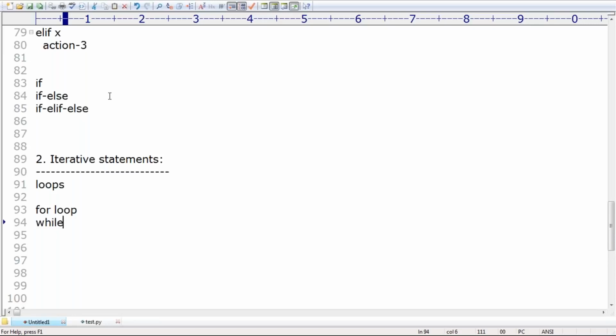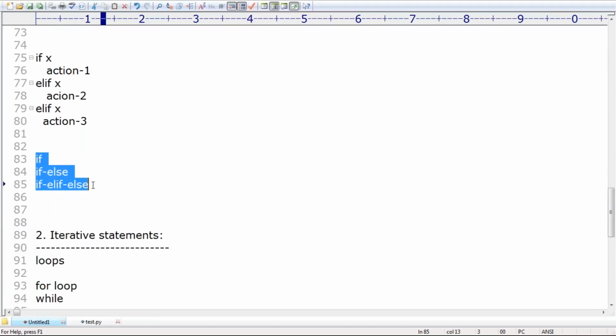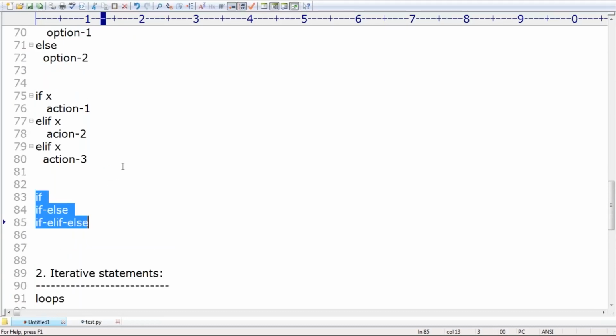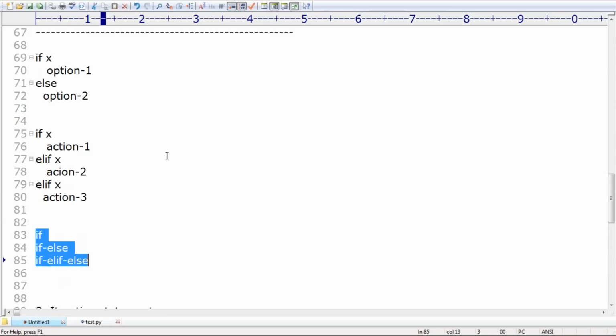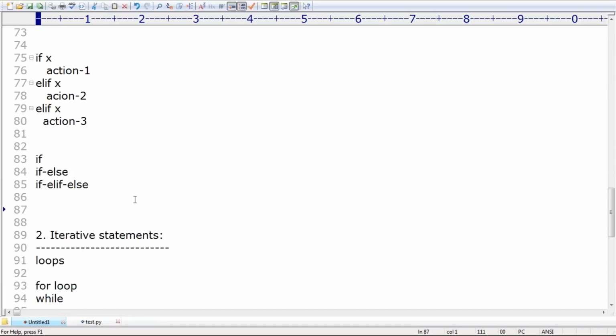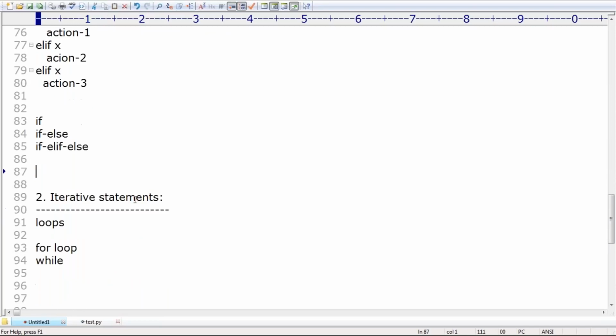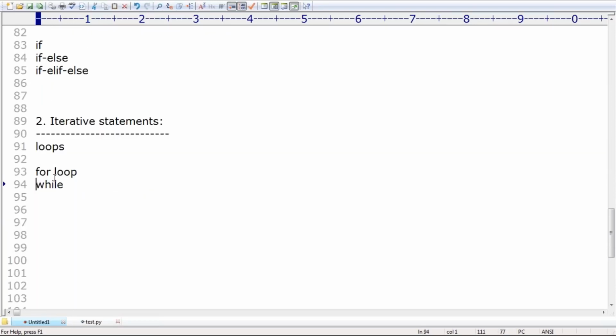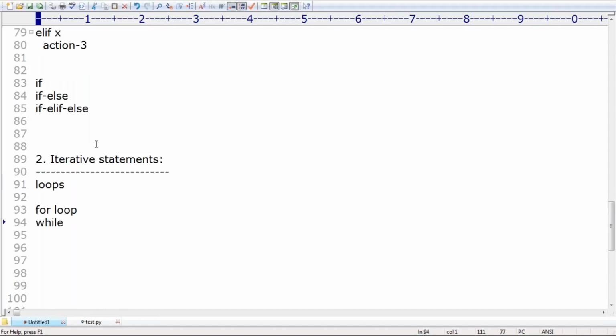But make sure the do while concept is not available in Python. Remember, sir, do while is not available in Python. Sir, the switch statement is also not available in Python. Are you getting? Praveen Kumar, I hope your doubt got clarified. The switch statement is available in other languages, but in Python it is not available. Here we have only for loop and while loop. There is no chance of do while, and no chance of a switch statement also.